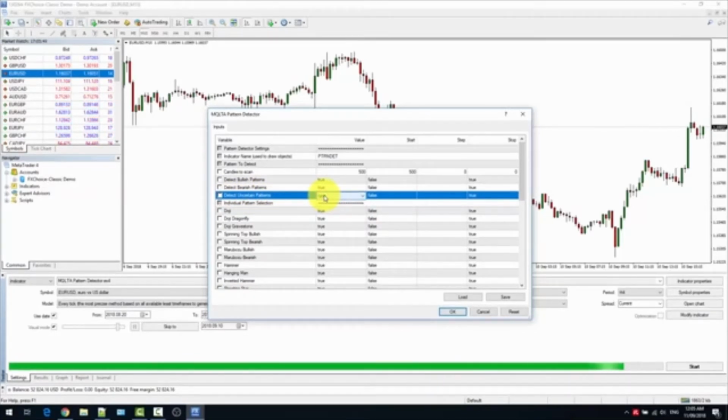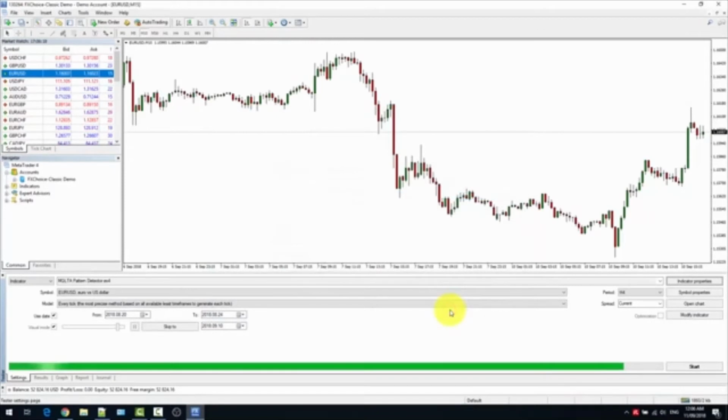The pattern detector indicator is basically an indicator that will scan the chart and find the candlestick patterns that are most common. So for example, the doji, the engulfing pattern, morning stars, hammer, hanging man, and so on. We don't want to see uncertain patterns in this case, so I select false and I leave the rest as is,